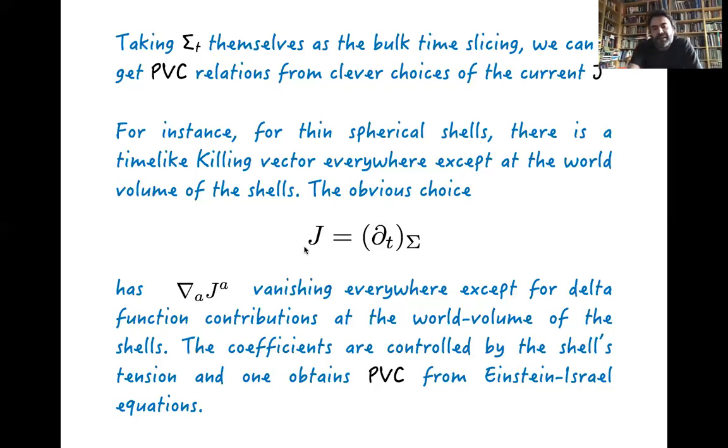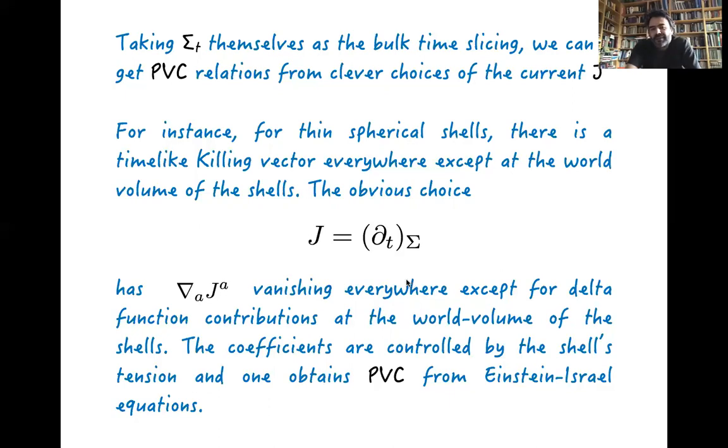So if I just declare that J is this, which satisfies obviously the boundary condition, when I compute the gradient, this gradient is just a bunch of delta functions on the intersections between the world volume of the shells and the extremal surface. And the jumps in the Killing vector just give me the coefficients of